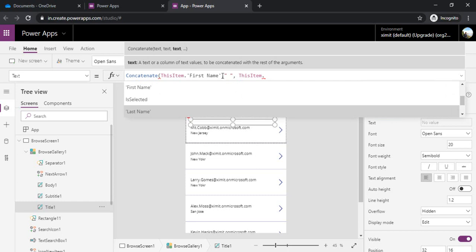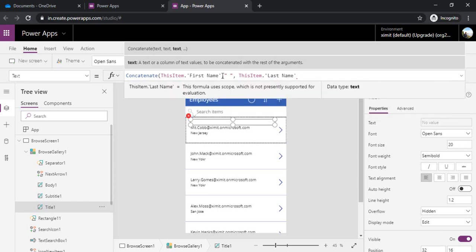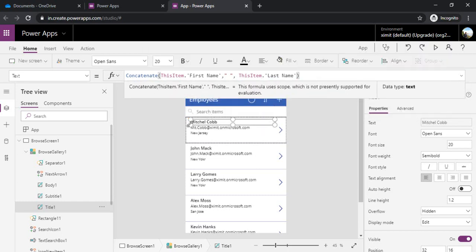So I can choose the last name. Now I have first name, space, comma, last name. You can work with some adjustment to it, so that you can show your desired data.